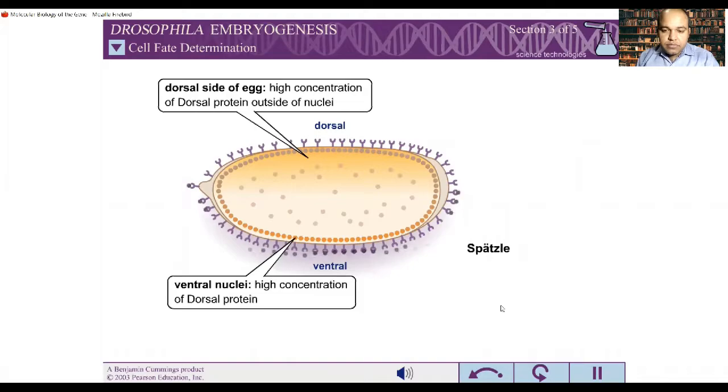This may seem confusing since dorsal protein is found in ventral nuclei. Okay. The name of dorsal protein comes from the fact that the concentration of dorsal remains high at the dorsal side of the egg. Now this is very important. The name of the dorsal protein is because the concentration of the dorsal protein remains very high in the dorsal